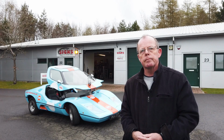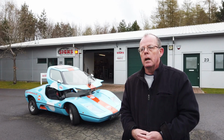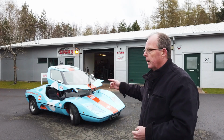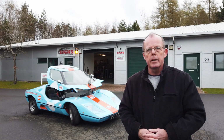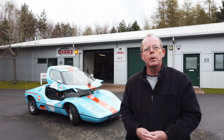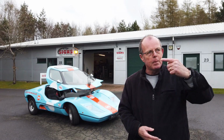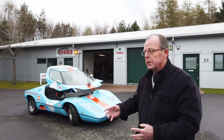And what's the public reaction to the car? Majority of people like it. Yeah, I mean, I've been followed back to the unit here by a guy in a Porsche one day wanting to know what it was. And I've had someone else one time came across, they actually thought it was a GT40,